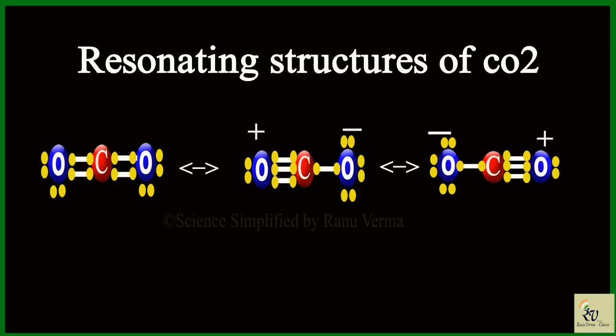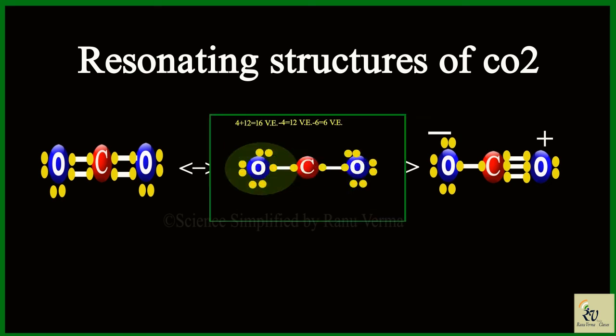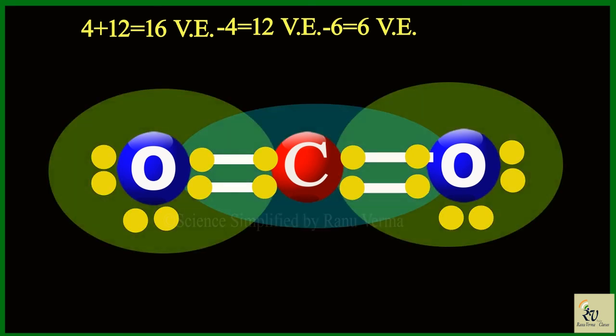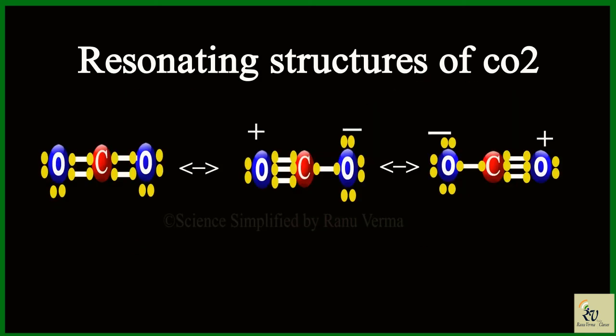Now the question arises, which structure is correct? Actually all 3 structures are correct. We studied earlier that a molecule with no charge shows more stability, and you know that atoms or molecules want to be in a stable condition. So in this case, O double bond C double bond O will be in the most stable condition because it has zero charge on all three atoms. In a group of molecules, the contribution of the uncharged molecule will be maximum, but other charged molecules will also be present, but in a very small quantity.